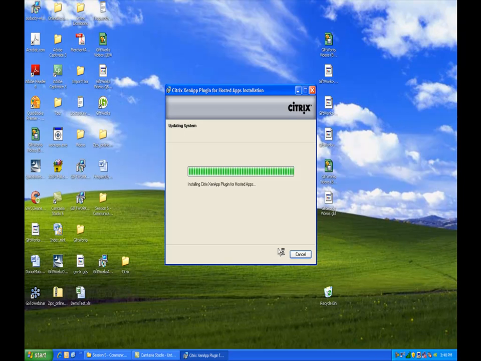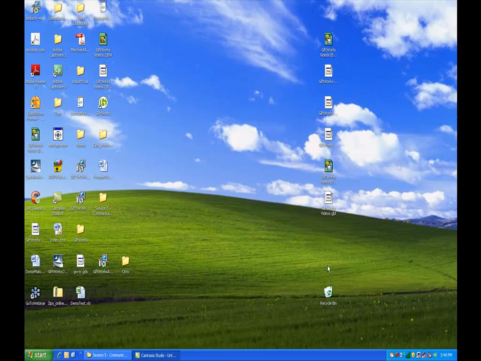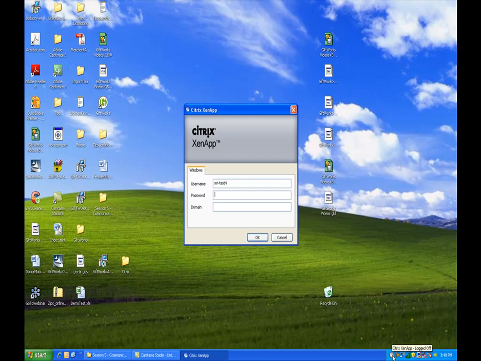There is certainly the requirement to be connected to the internet with this. And hopefully, as part of the installation, it will be fairly smooth, fairly easy, but may be subject to some of the environmental issues that we have today with other users. Firewalls, etc. Some could block certain access. So we'll have to work through that, but it's a pretty simple install, and once it's done installing, I can click the Finish button, and in the lower right-hand corner, you'll see a little gray circle, and if I hover over it, it says Citrix XenApp, which is the name of the application that can access